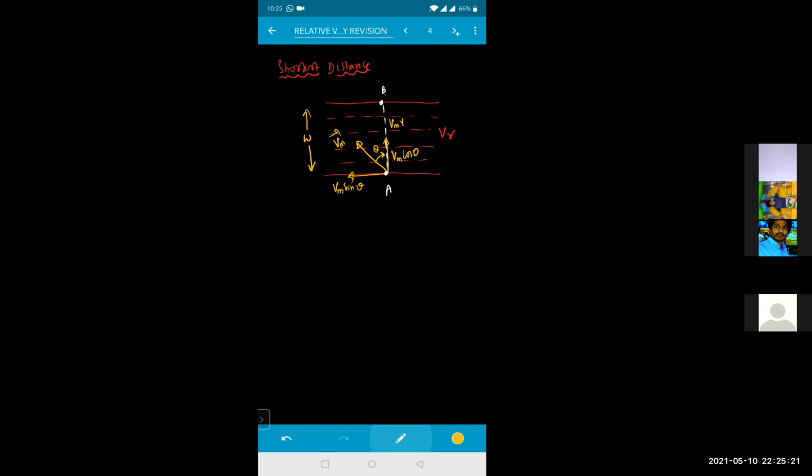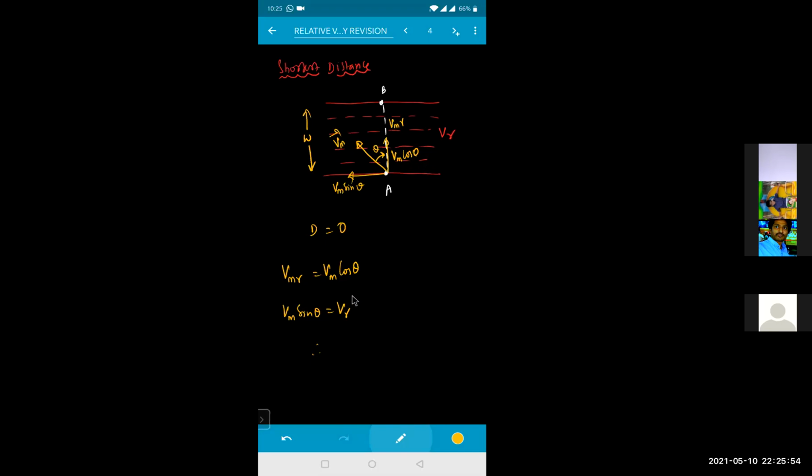For this one, the horizontal displacement, the drift, will be equal to 0. And the velocity of the man with respect to the river is in which direction? The Y-axis. So the velocity of the man is Vm cos theta in the Y direction. And Vm sin theta will be equal and opposite to the velocity of the river. So I can write here, the two vectors, both in the same condition.